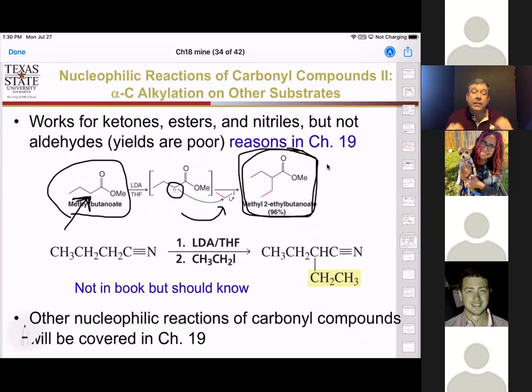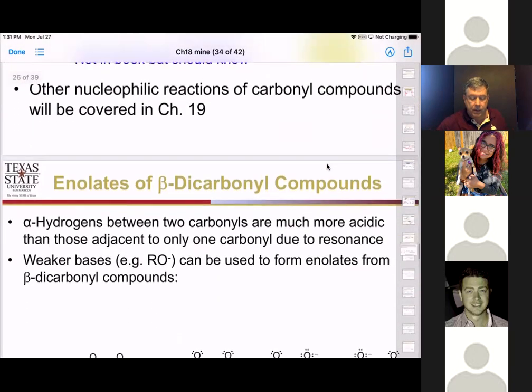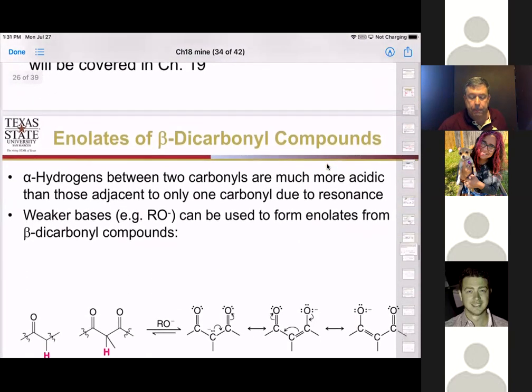Now there's a whole series of these reactions where we create these enolates and we can react them with similar substrates or themselves. And we'll talk about those in chapter 19. But we're going to use this recurring theme of generating an anion alpha to a carbonyl or carbonyl-like substance to use it as a nucleophile for the next two chapters. Okay, so